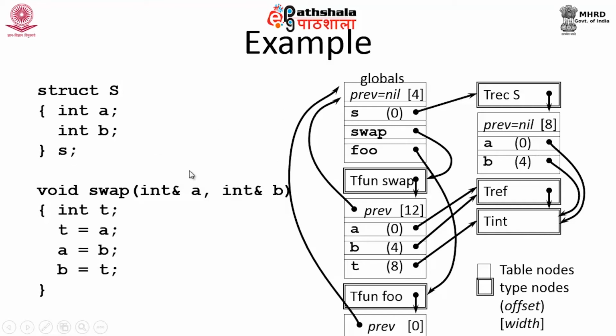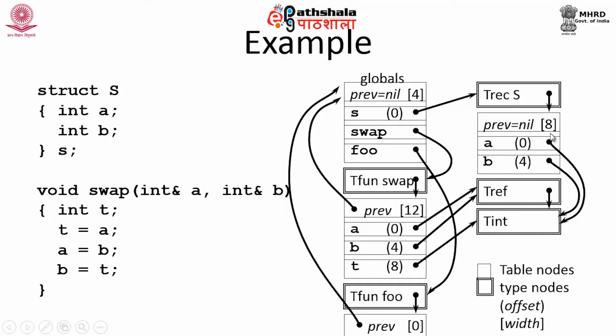It is with this offset because it is a structured definition, and then I have previous as 12, width as 12 here. I have 3 entries A, B, T, therefore it is 12. These are the offset information 0, 4 and 8. So, 0 is available right away, 4 is at an offset of 4 from 0, and 8 is at an offset of 4 from B. If I know the base address of A, I can calculate the other addresses. Similarly, here A and 4, that is going to be one more function.